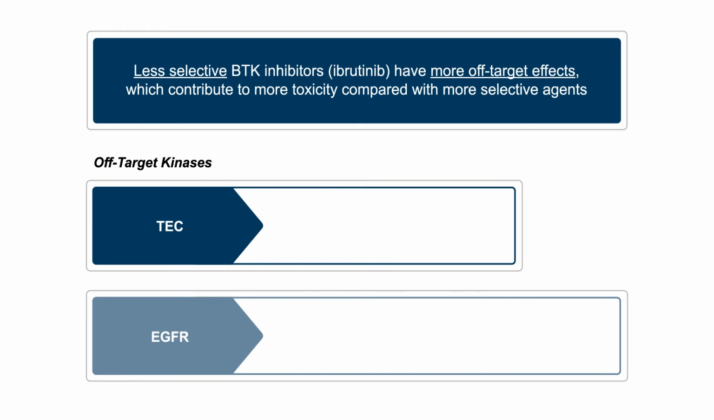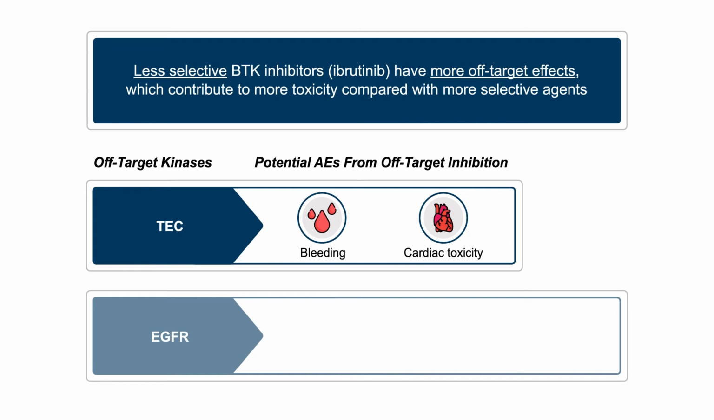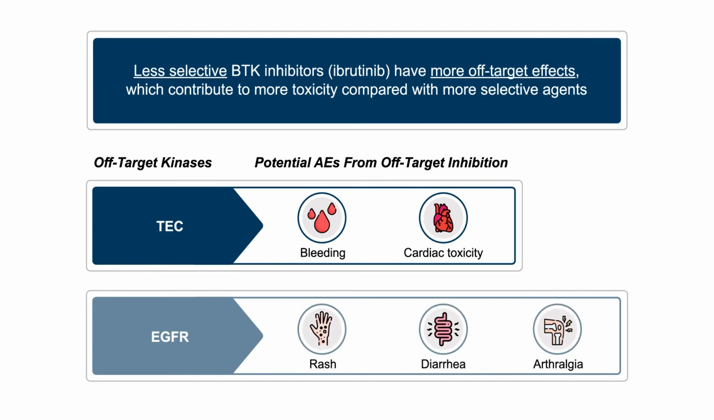Off-target kinases that are sometimes impacted are things like TEC and EGFR, and they help explain the bleeding, the cardiac toxicity, things like atrial fibrillation, the rash, the diarrhea, and the arthralgias that can be seen with the current class of agents. For a useful reference on BTK inhibitor safety and off-target effects, please download the practice aid that